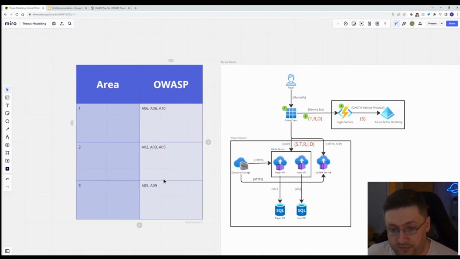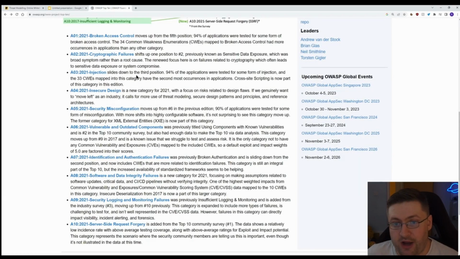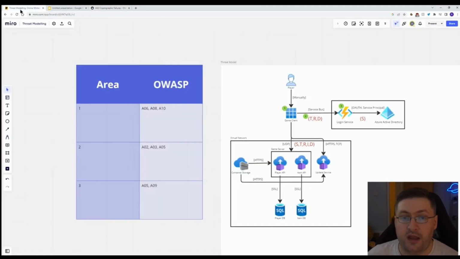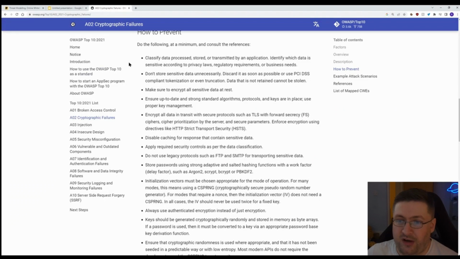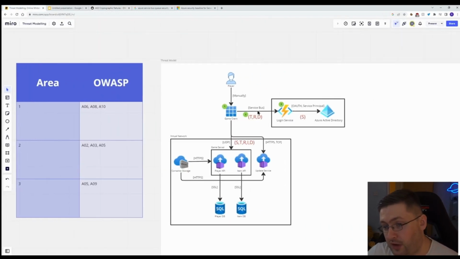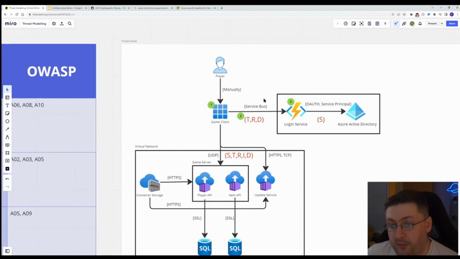So now that we've got all these different things mapped out, we can go to each one of these. So let's take one as an example. Let's do the cryptographic failures one. So we can look through these and try and identify how we could prevent the problem here around our data being encrypted. Now, you might already know how you want to do this, in which case you don't necessarily have to look through these. These are kind of like examples if you don't know what you're doing. So when thinking about encrypting our data, we've got, like, as it says here, like HTTPS or TLS, and in this case you can enforce TLS on your queues. So specifically because we've got a service bus queue here,